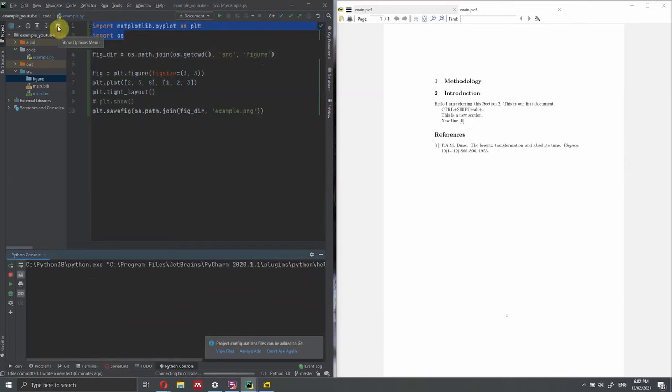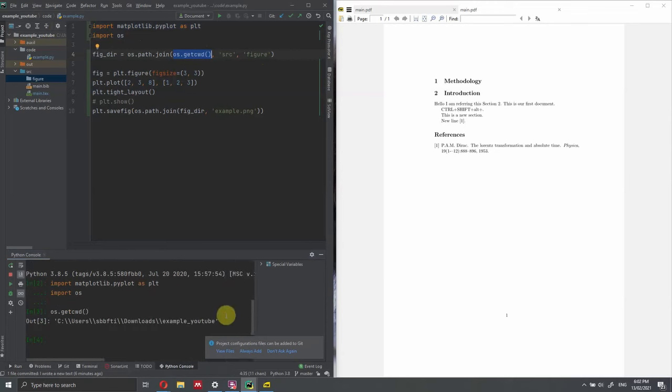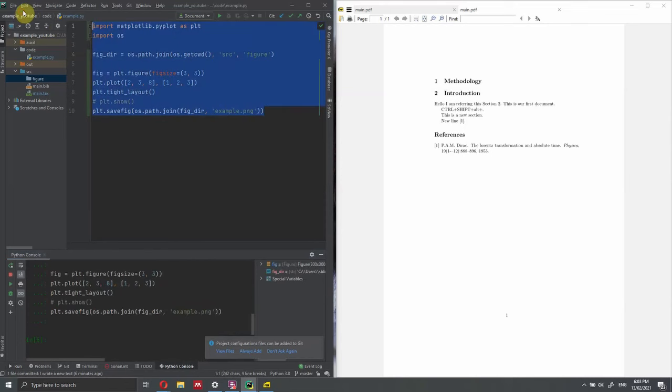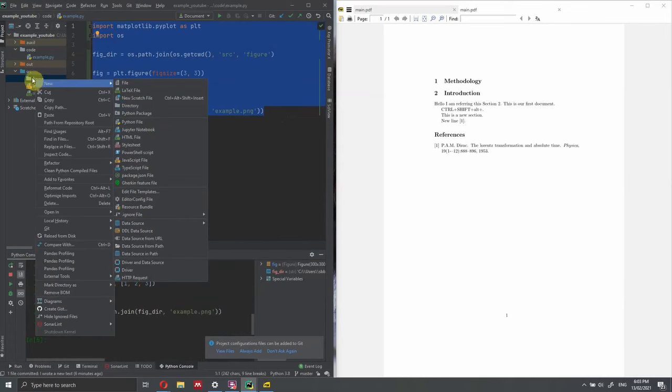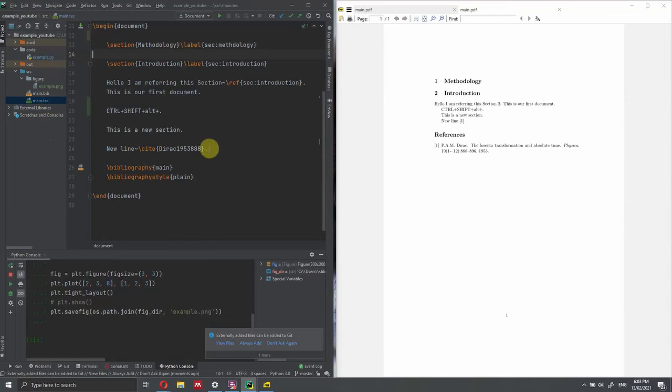So let's run these two lines of code, and you can run these two lines of code with Alt Shift E. And let's check what the current working directory is. So yeah, example YouTube, and then we want to save it inside source and figure. So let's try to run this code. It should be working. Now right click here on figure, reload from disk. Now the figure is inside here, example PNG. If you want to add that to Git, Control Alt A, and now the color has turned to green, as you can see. Let's go into main text, and let's include that